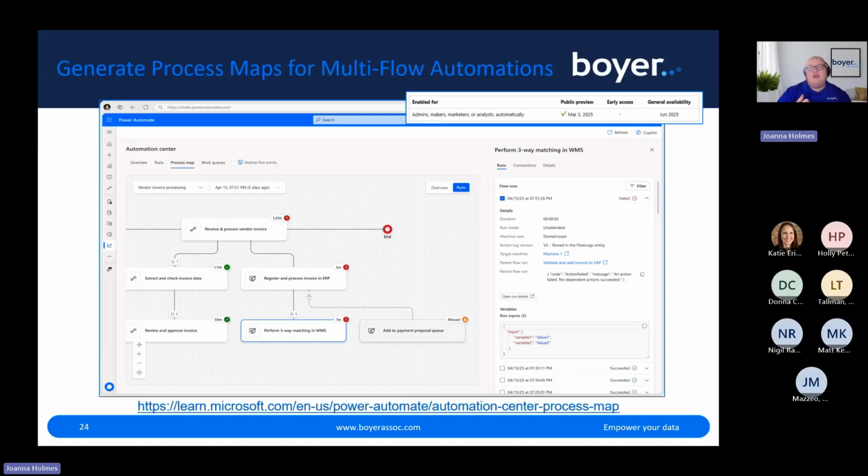So you can view and manage all of your flow dependencies involved in a multi-flow process. Again, we're talking parent-child flows, desktop flows, work queues. They're all going to be visualized through this process map experience that you're seeing on my screenshot here. What it's really meant to do is give me that end-to-end observability through a process-centric view. You know, look at the whole picture from the process perspective instead of trying to pick through the individual